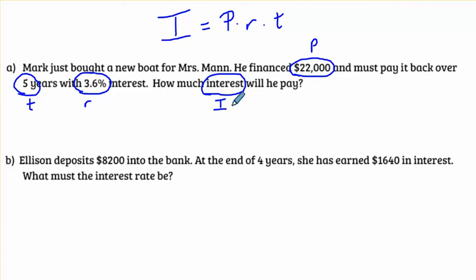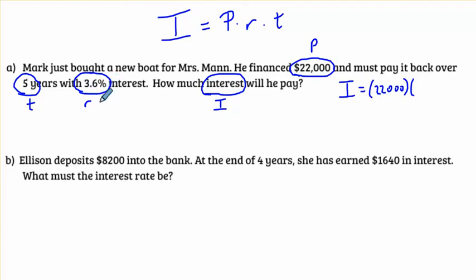That is our variable. We always have one variable, and in this case, what we're trying to figure out is the interest. So now let's just plug in all of these into the appropriate spots. So interest is our I. We have our equal sign next. The principal is 22,000, so I'll put that in my first spot. My rate is